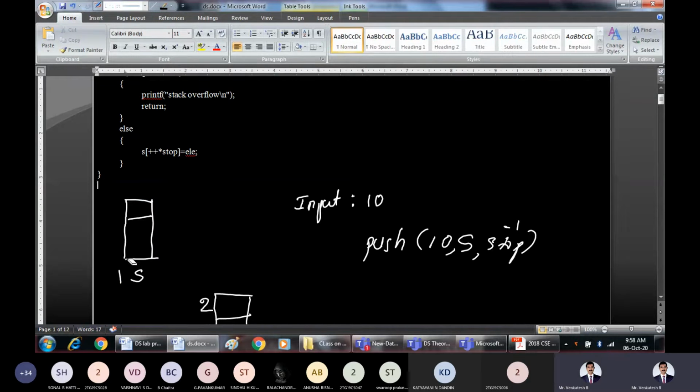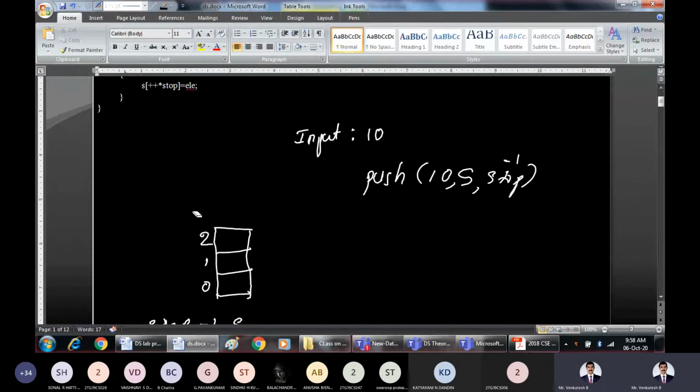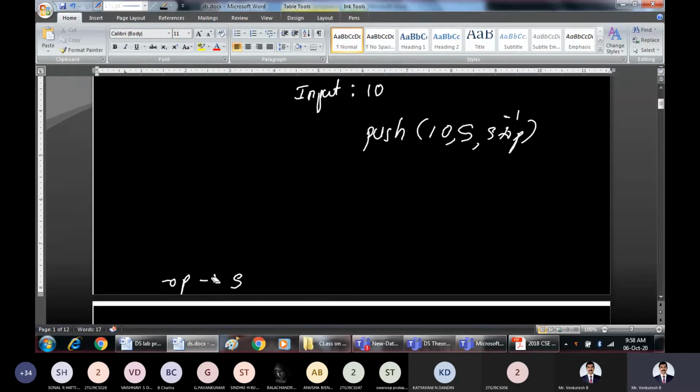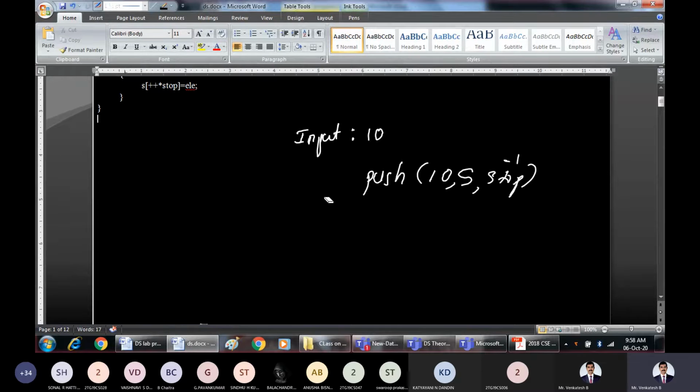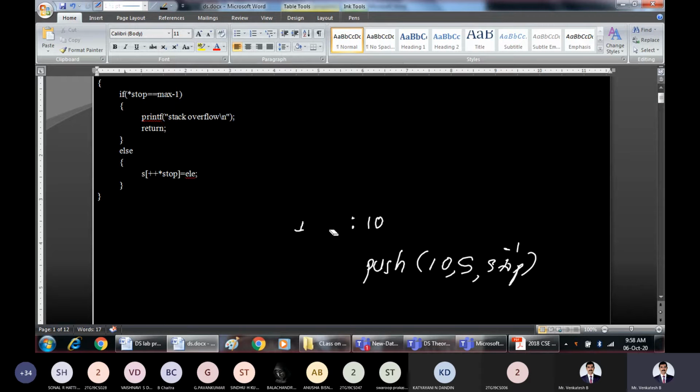I'll take that entire code here itself, because the pen itself is not opening. Input is 10, that we know.